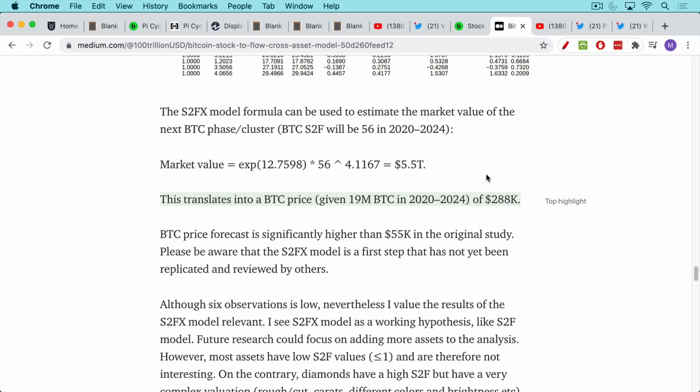And this is giving a price target of $288,000, which, if this model is correct, should occur sometime later this year or early next year. The actual timing is somewhere between 2020 and 2024, but because of the way these bull markets work, it's more likely we hit it in this first part of really late 2021 or early 2022 rather than all the way